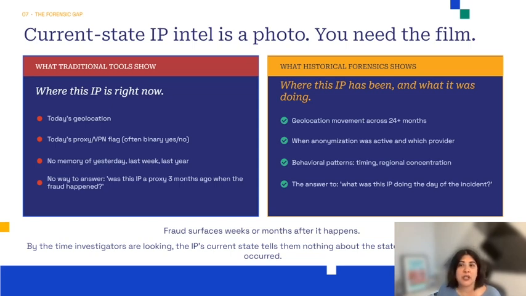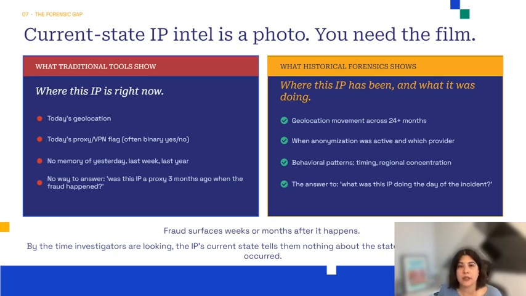Was that IP address a proxy 3 months ago when the fraud actually happened? Did it have 300 plus devices tied to it? Was it observed to be connected from 5 different countries? Historical IP forensics gives you the film, where this IP has been and what it was doing. Geolocation movement across the last 24 months. When anonymization was active and by which provider at that point in time. So behavioral patterns, timings, regional concentration, these all play a part in understanding the whole story, the whole film